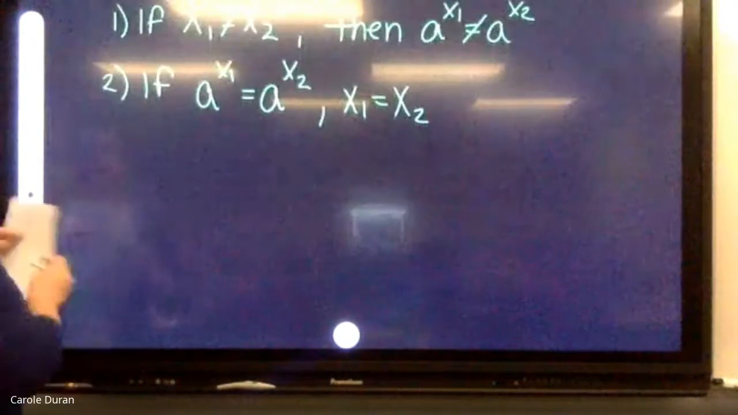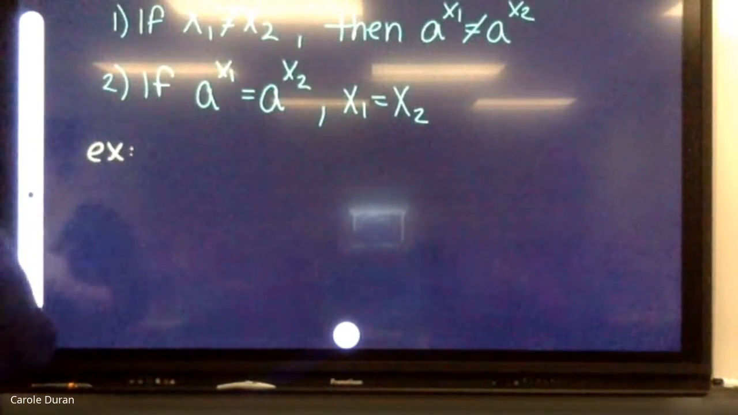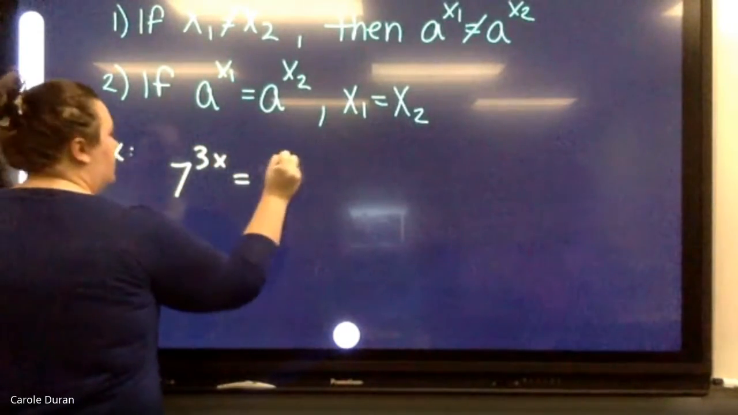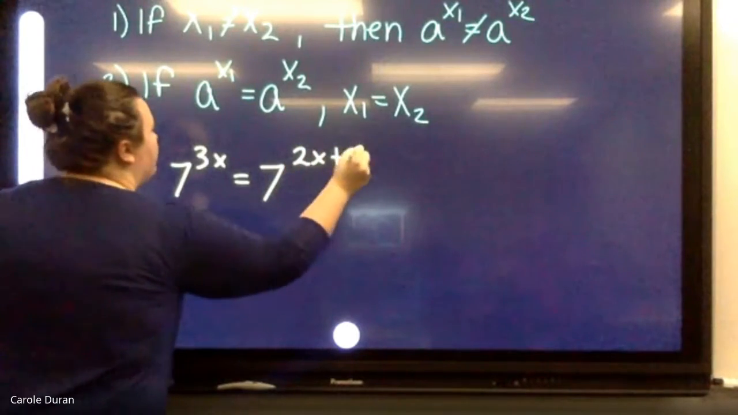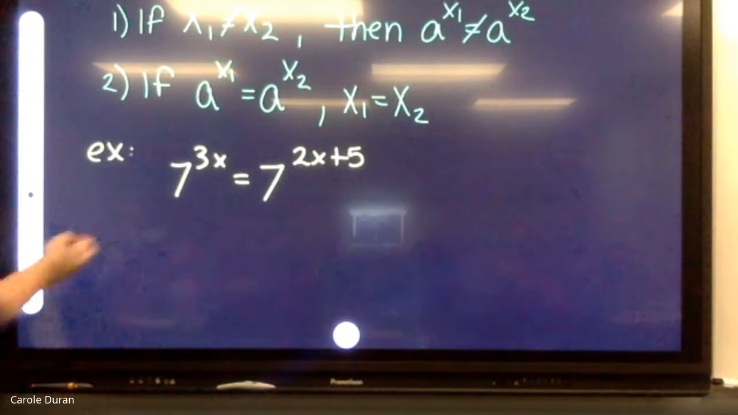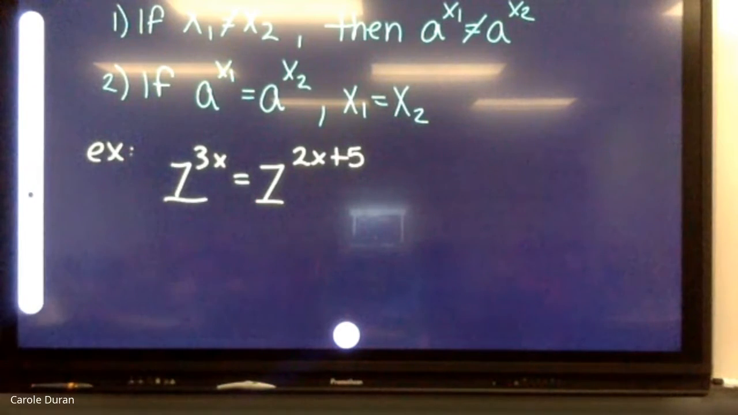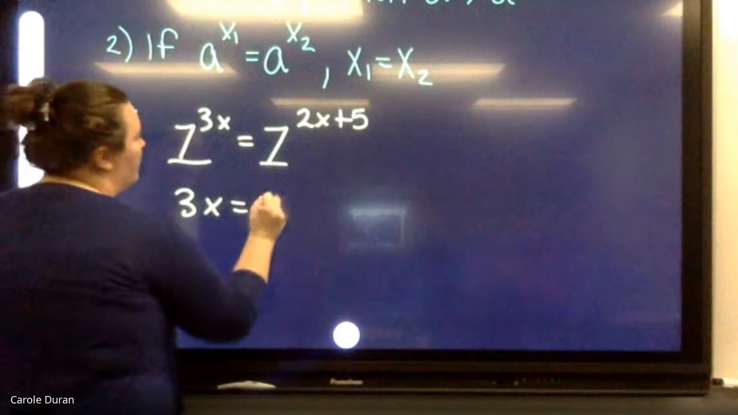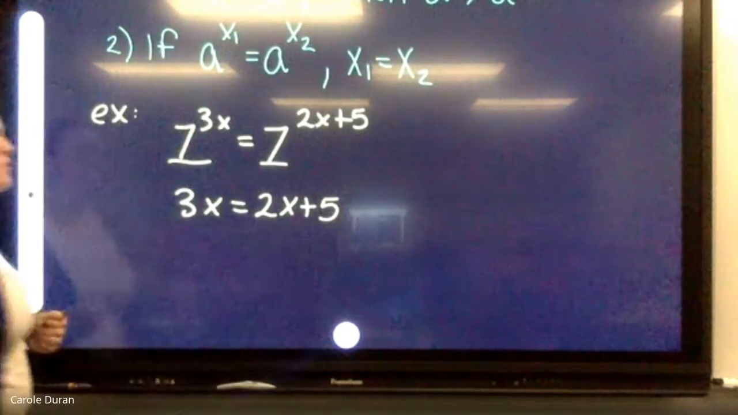So the example I would like to use is if I have 7^(3x) equal to 7^(2x+5). The first thing I need to check is, are my bases the same? Yes or no? Yeah. If they are not the same, I need to see if I can make them the same. Lucky for me, 7 equals 7. So those are exactly the same, which means I can just bring their exponents down and set those equal to each other. So this means I'm going to have 3x equals 2x + 5,